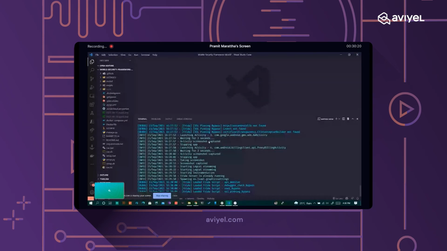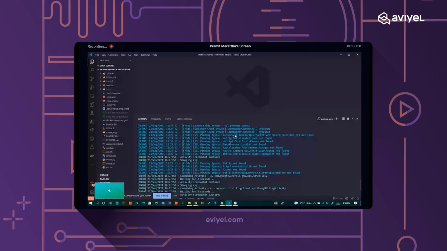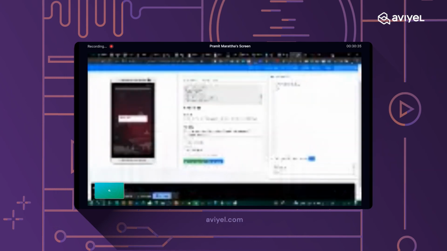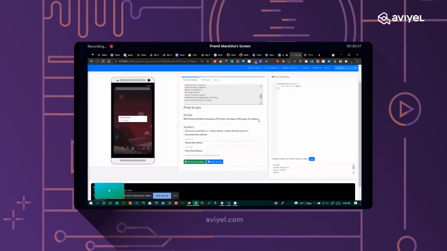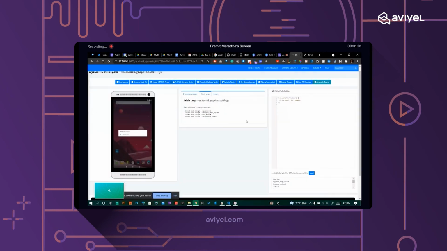After starting, the application will get spawned, and a couple of Frida scripts will get loaded. To view the output generated by these Frida scripts, you can view the Frida live log.